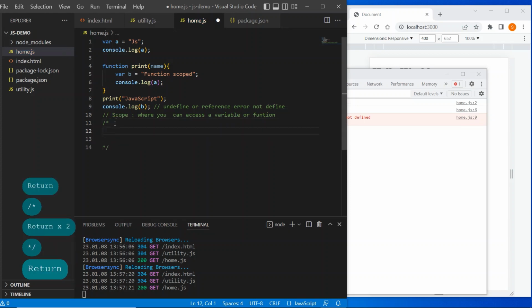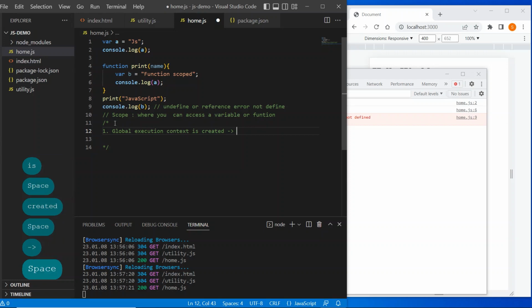The first step is, whenever a JavaScript program is executed, a global execution context is created. And what does this global execution context have?